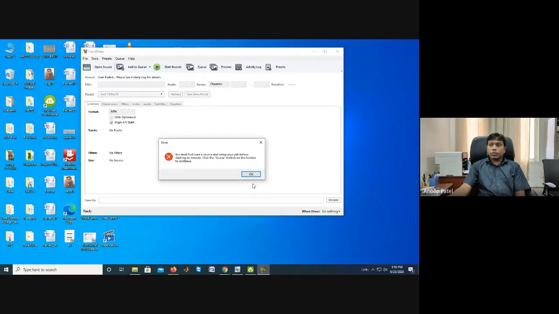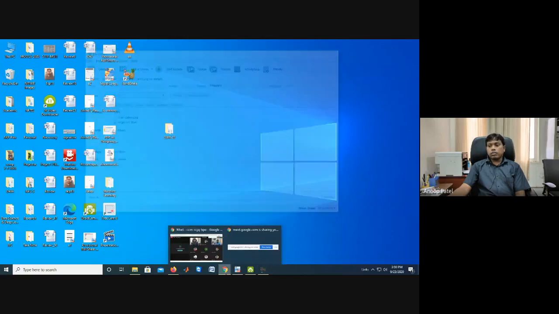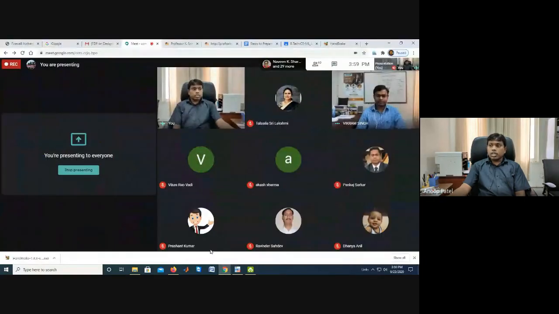Once we start encode, the video will be encoded after some time. Maybe it will take 5 or 10 minutes depending on the size of the video. Once it is encoded, the option for saving the video will appear here, and you can save it. Once it is compressed, you can upload it where you want, because the size will be reduced by more than 50%, and the quality will not be reduced basically.